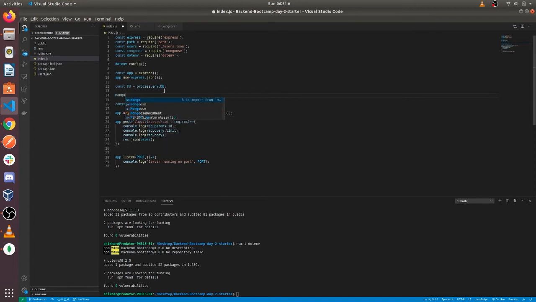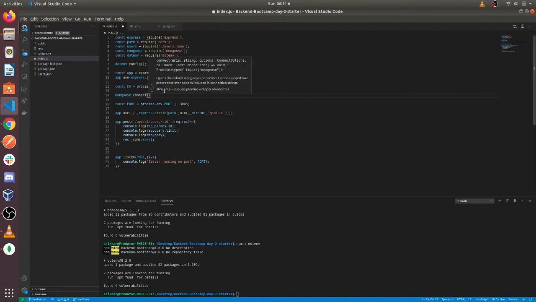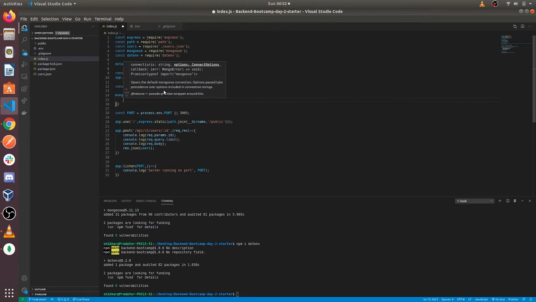Then we'll use mongoose.connect, pass in our connection string, and then we'll use some options.